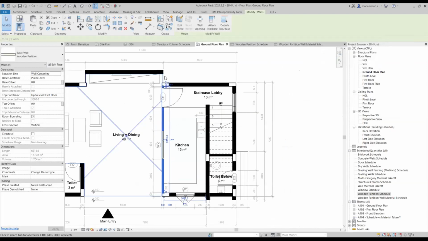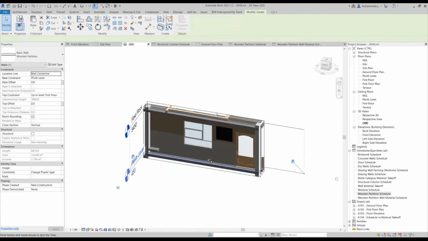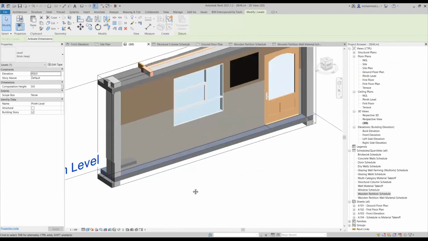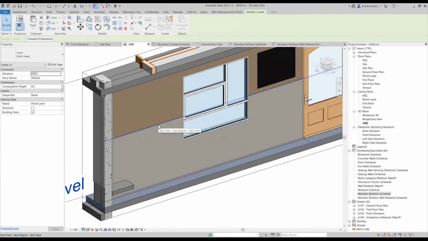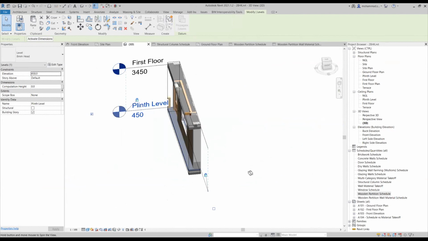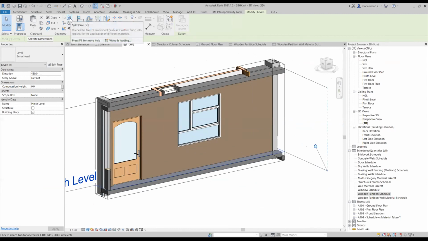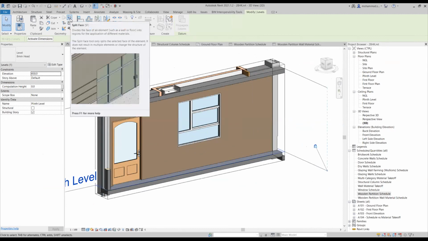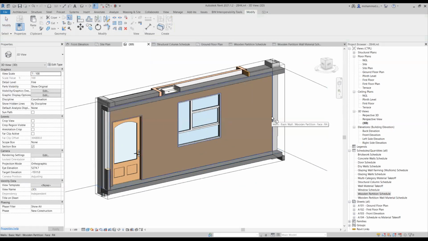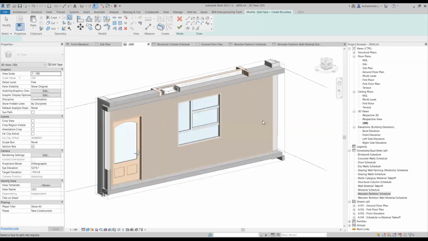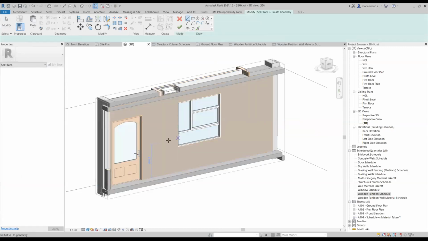For example, if I isolate only this family in 3D, I'm using a technique called section box to separate this wall in 3D. And as you can notice, half of the wall is having another face. This technique can be done by splitting the face. I'll do it again here. For example, you go for the split face option. Those who know Revit well can understand this better. So you can go for a split face option and can split any desired face. For example, I've selected this face in this case. This face is highlighted now, and I can split it in two halves, for example.